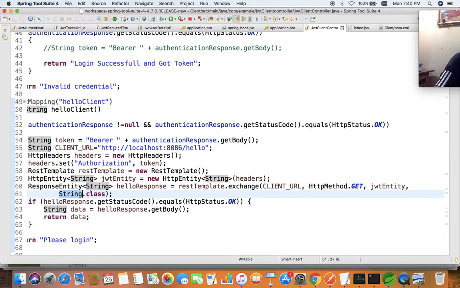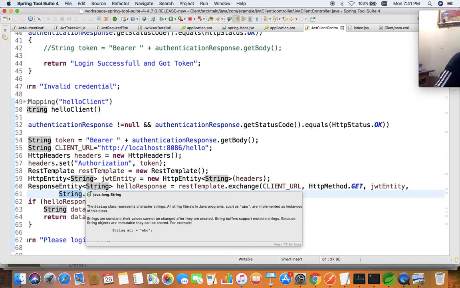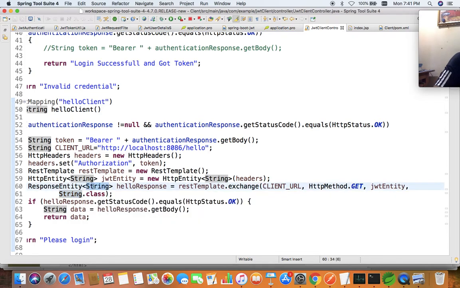As you saw in the Postman, it doesn't receive anything special, only a piece of text, hello JWT. So we don't have any plan other than the string. If you are receiving any object or a list or something like it, then we can specify the class name over here. If you are receiving any JSON or any kind of list or objects, you specify that; we are receiving a string, so that's why I have created the response entity which is receiving the string.